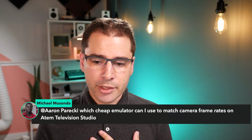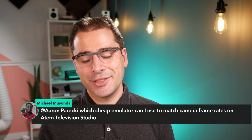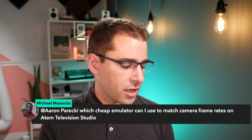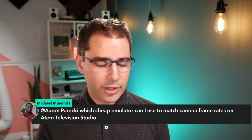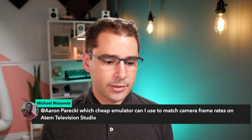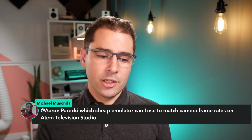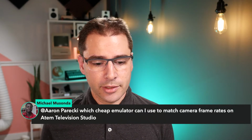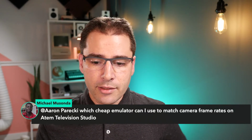Which cheap emulator can I use to match camera frame rates on the TelevisionStudio? Yeah, I had this problem today, in fact, because I was like, oh, I should plug in an extra camera, and I ran out of inputs on my ATEM, and then I was like, oh, I could put it in the TV studio, and then realized that my camera only does 60 frames per second and not 30, so it didn't work. And as far as cheap, I don't know. The solid one that will always work is that Decimator